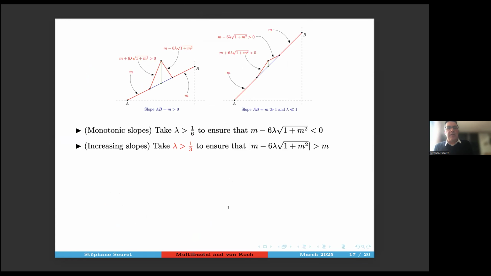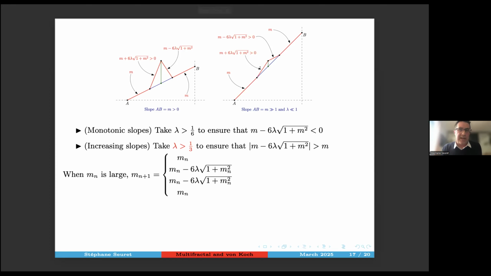Let me just explain that the ranges depend on the following. If you take lambda greater than 1/3, then the slopes always increase: if you add the triangle, the 2 slopes of the 2 new segments are greater than the previous ones. And if you take lambda greater than 1/6, the slopes are always plus, plus, minus, plus, so you get a triangle like that. But when lambda is below 1/6, the other situation can occur and our analysis does not apply.